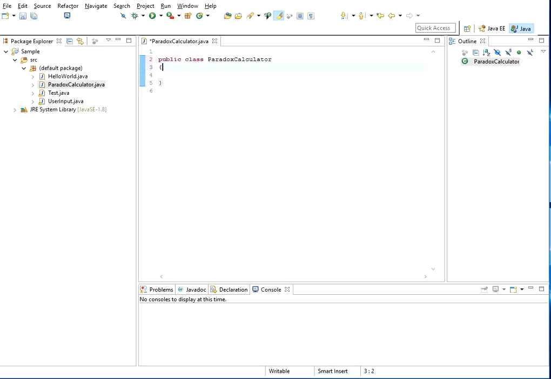So basically, as you can see, I've already created a new class called Paradox Calculator. You can go ahead and call it anything you want. I just prefer using Paradox and everything. So after you have created the class, obviously you need the main method, public static void main String args,